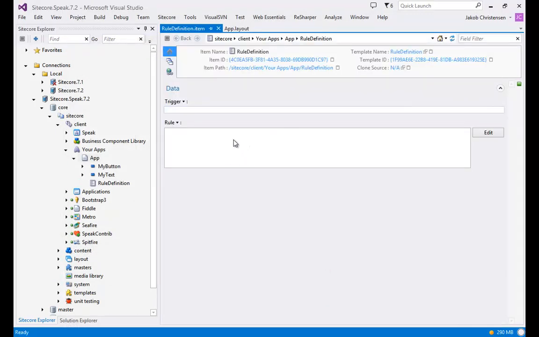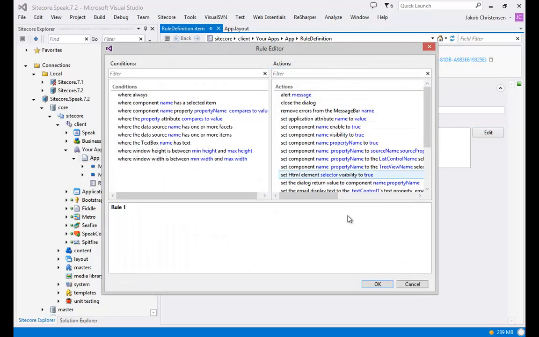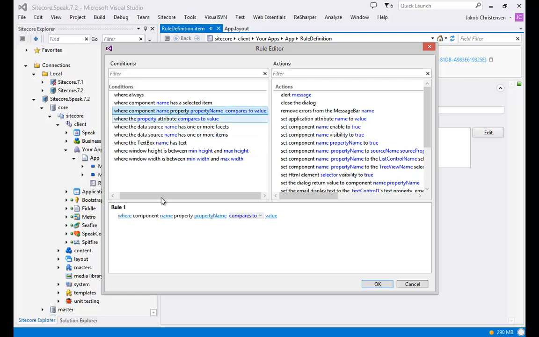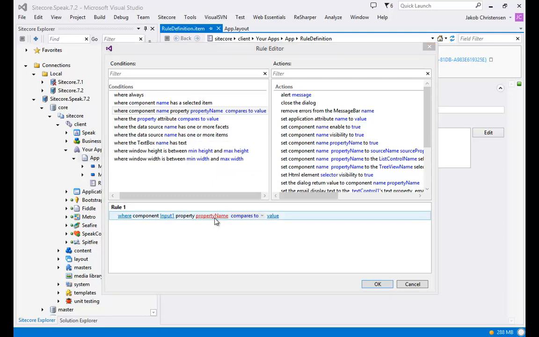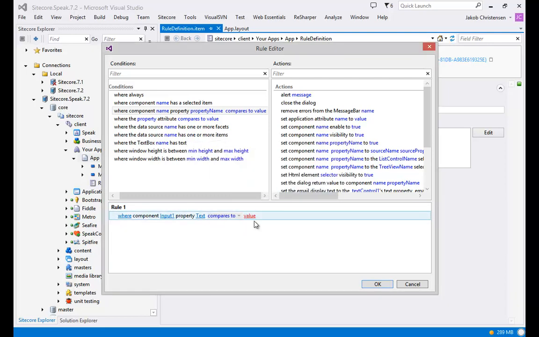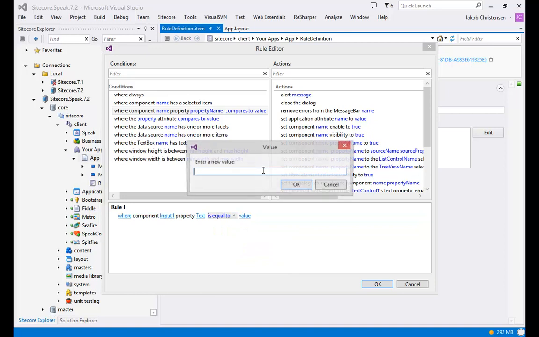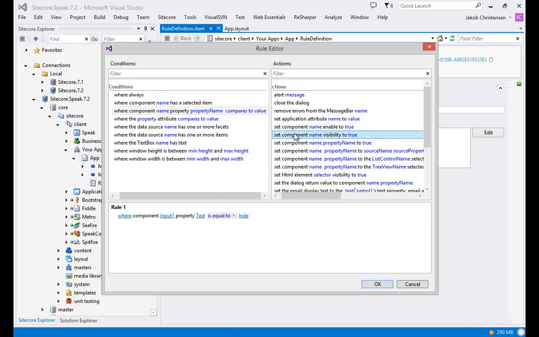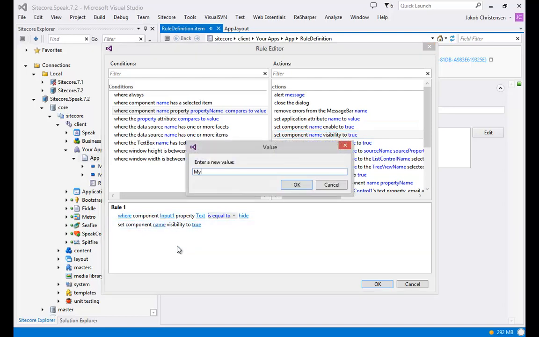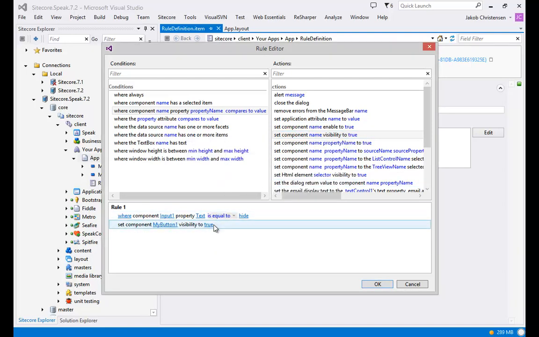And it gives me the rule editor right here. So we open that one, and the rule will be something like: when the text of the input box equals hide, then hide the button, otherwise show it. So we'll add a condition that says when the input 1 property text equals hide, then we will set the visibility of my button 1 to false,